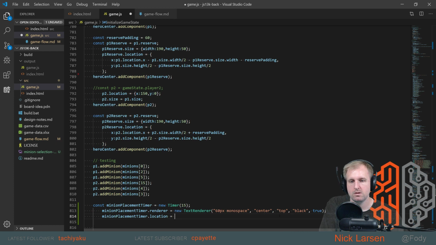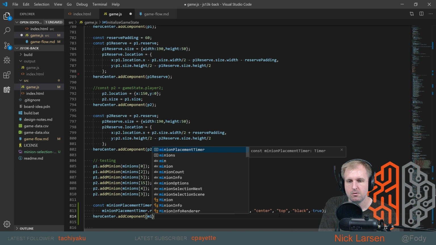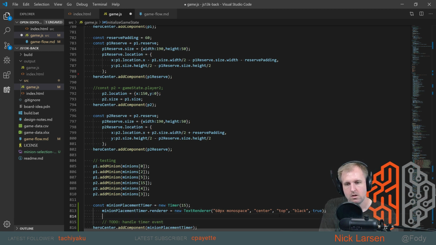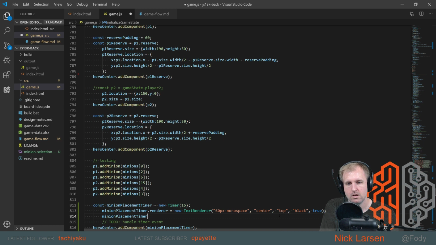Actually, I just want it to be 0, 0, so I think I just want to add it in here. Hero center dot add component of minion placement timer. Now a little to do: handle timer event. In fact, let's just put something in here, which is minion placement timer dot add handler